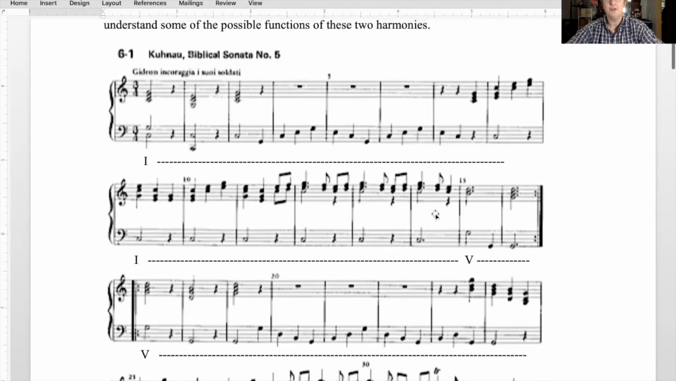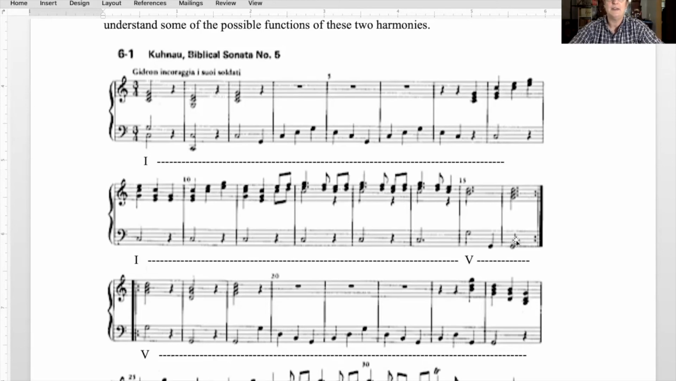At the end of the first section of the piece, after a long period of prolonging tonic, the 5 chord is used to close out the section. This cadence, which ends on a root position 5 chord, is called a half cadence. A half cadence is an inconclusive ending that nevertheless is perceived as a kind of halfway ending, kind of